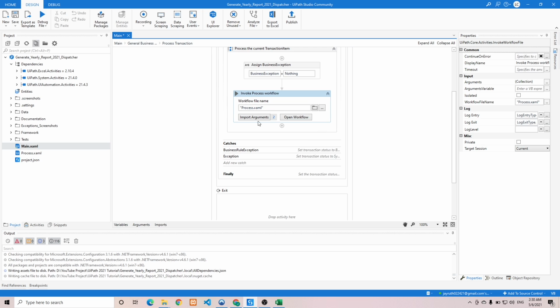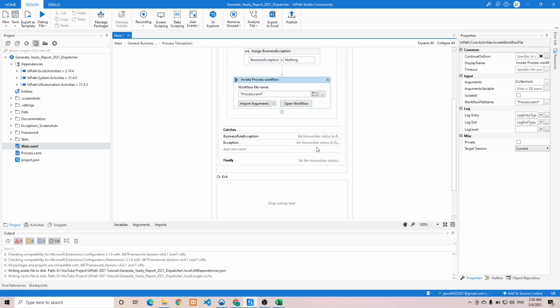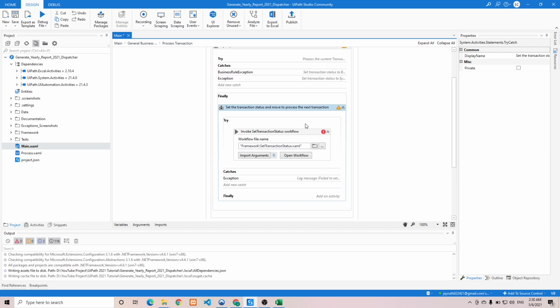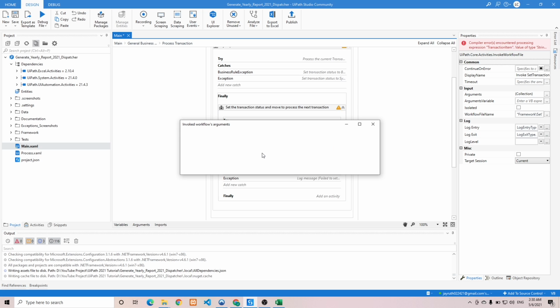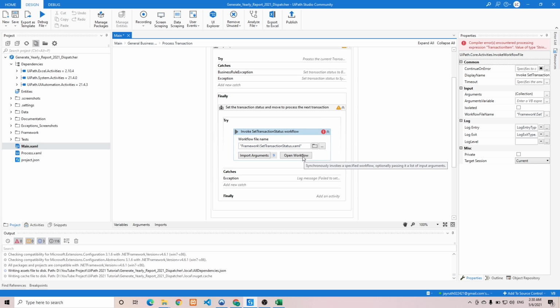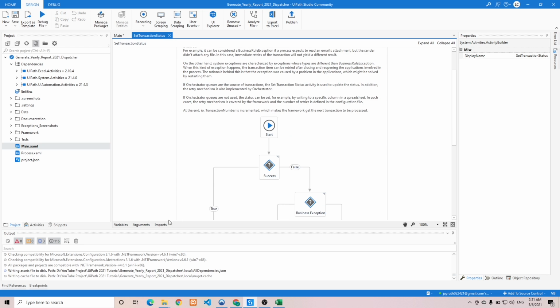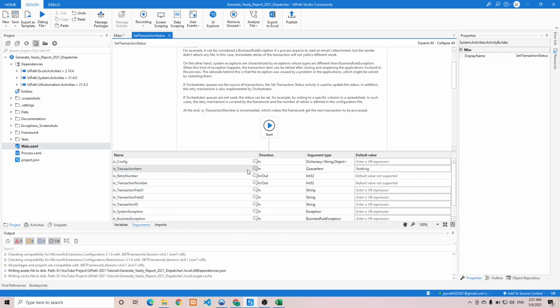The next thing is on the set transaction status, go to the finally part. So just click there and go to try. And here there's another transaction item which is currently queue item, so we need to update that as well. We need to open the workflow, and then from here go to the arguments tab. Again, make sure the transaction item argument type is equal to string,